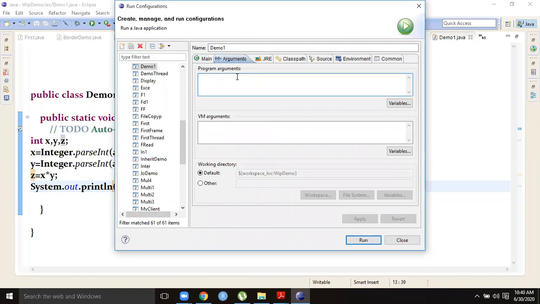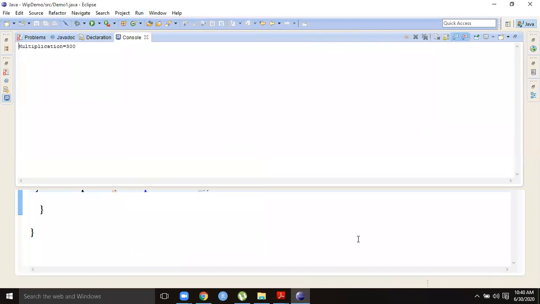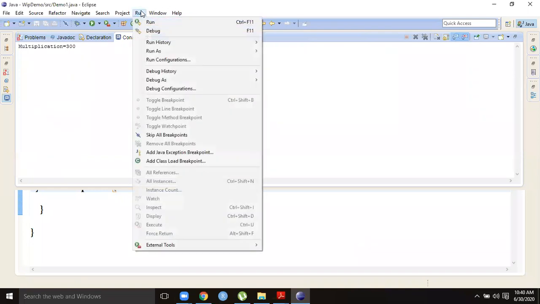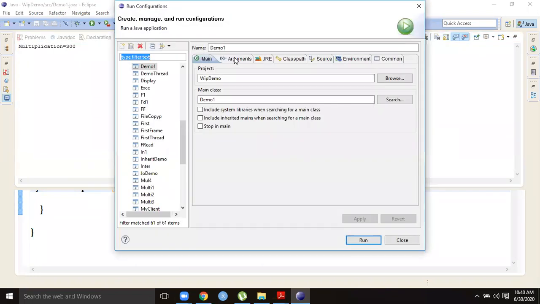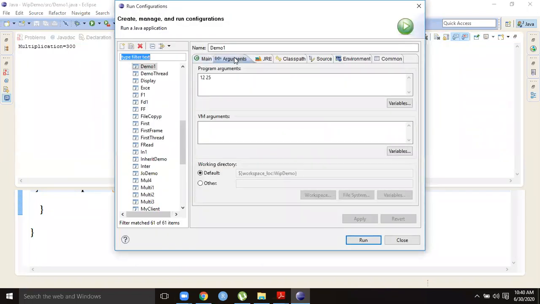What are the arguments? Two arguments, two integers. So give one as 12, space, another as 25. Apply and run. What is the output? Multiplication equal to 300. So to give the command line arguments, go to run configurations, and in that you have to give the arguments here, one after another, separated by space.